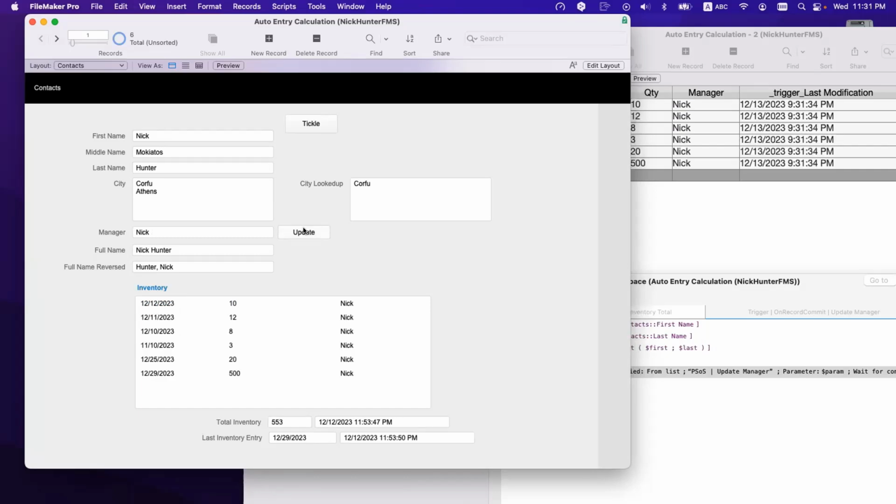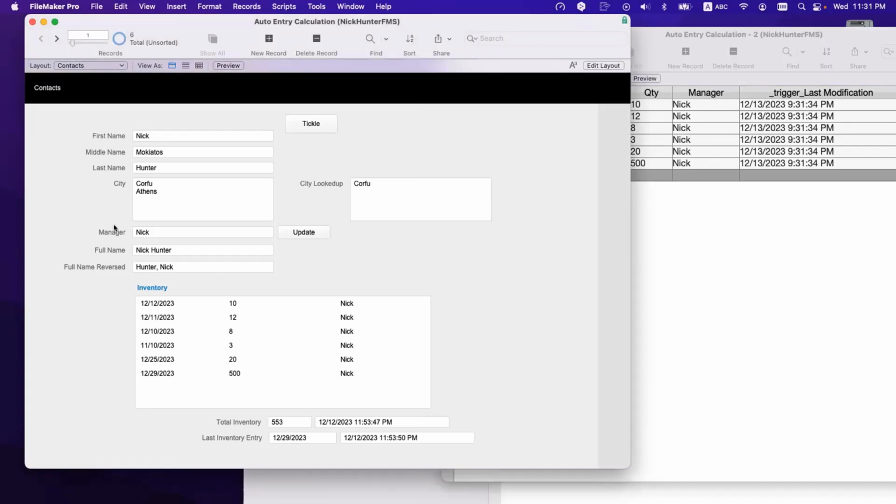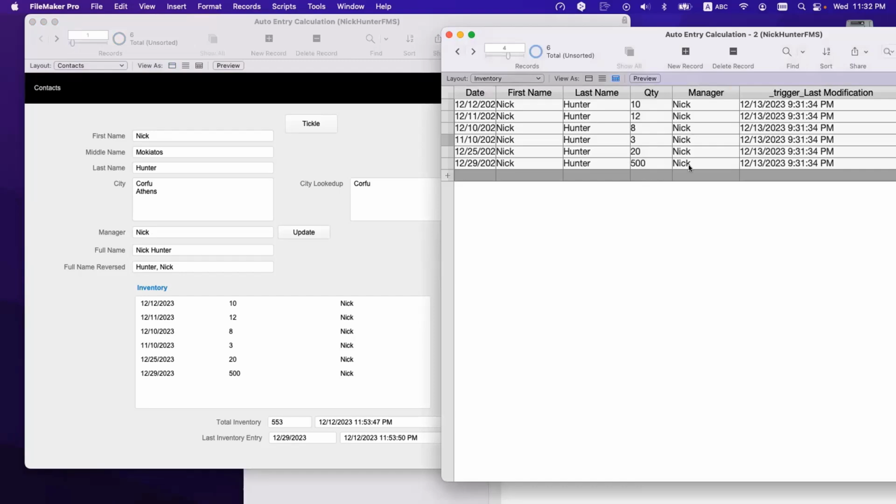Okay? Why? It's because I commit the record. That means I saved the fact that the manager is Nick. And then after I save it, the scripts happen on server. And it said, yeah, okay, you committed, you saved Nick. So I know that is Nick. But if I do that on commit,